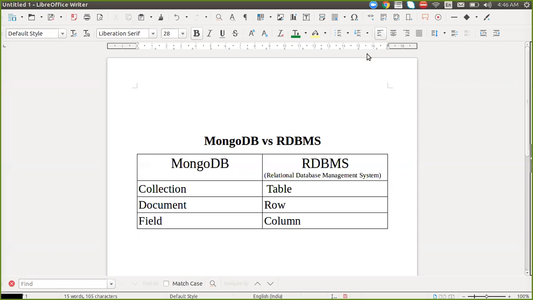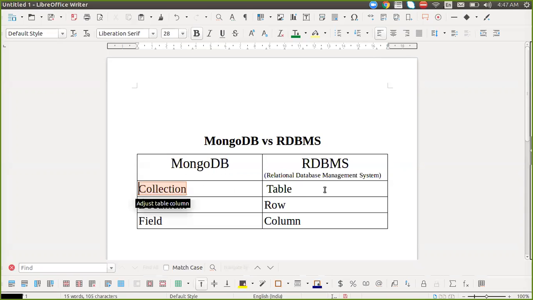So here you just have to remember that in MongoDB we use collections. In RDBMS we have the table, and that table in Mongo we are going to call a collection. In normal RDBMS we know the row terminology. In Mongo, a row we are going to call a document, and for a column we are going to call a field,